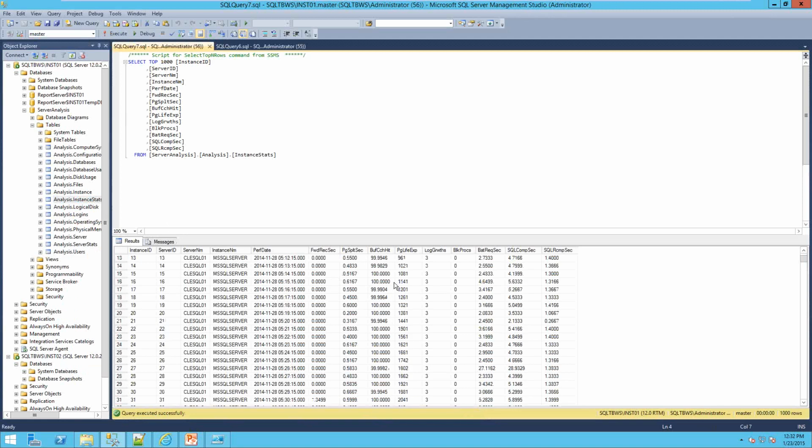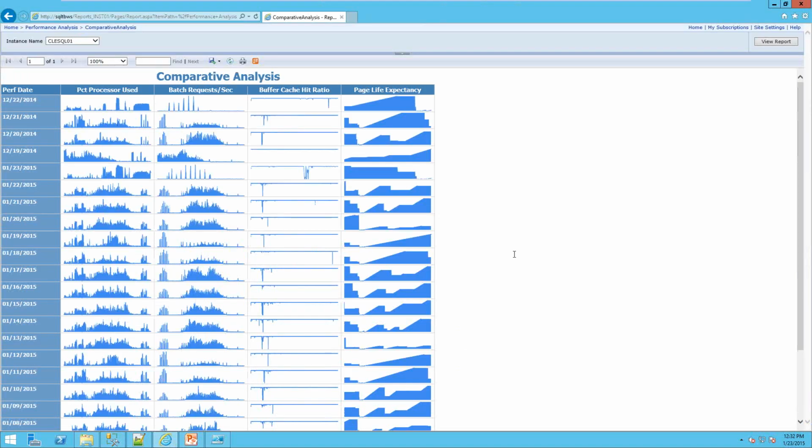SQL Server counters are here. And this is very useful, but I like to have a report. And so I've created this. This is a Reporting Services report that requires a minimum of Reporting Services in SQL 2008 R2 because these are